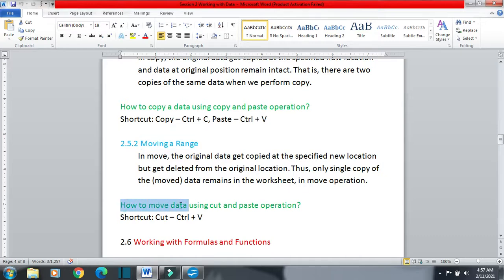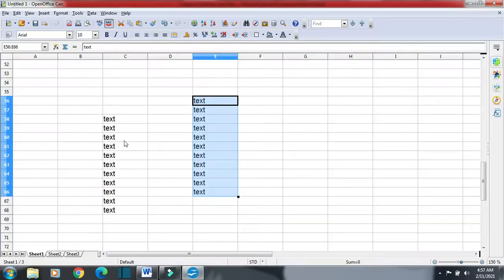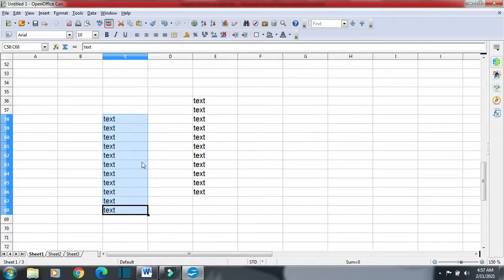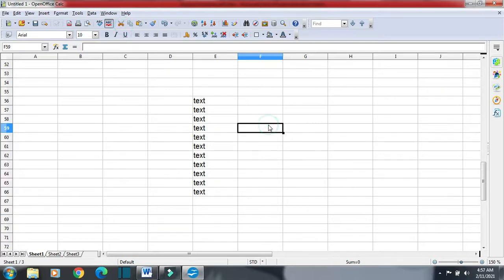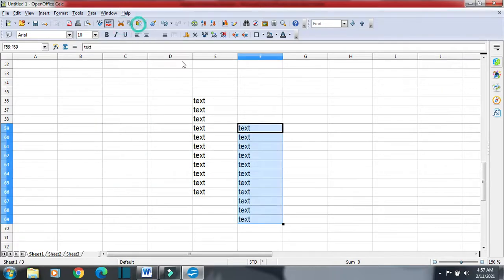Now the question comes, how to move data using the cut and paste option. For moving we have cut and paste, for copying we have copy and paste. So we use the cut option here. Suppose I want to go for a cut and paste operation. I have the same methods, standard toolbar. We have the option cut. We can cut it from here and I can paste it here using again the standard toolbar. You can see the same data gets copied, but its previous location's data gets deleted. So we have only one copy of the data in the worksheet.